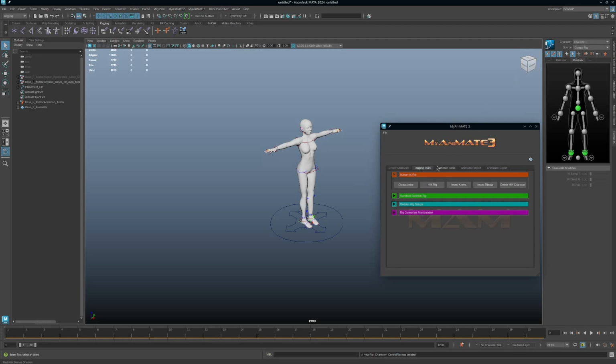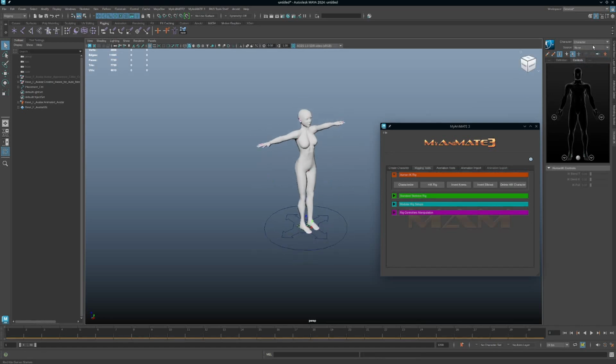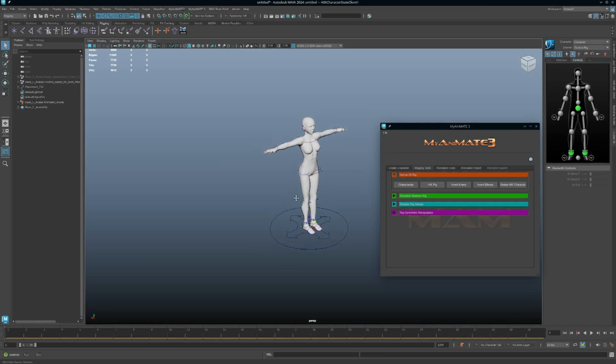All right. So human IK rig also gives you the opportunity to go back to none, and that will just disappear. Control rig, and it will reuse the control rig. Okay, so now that we have the rig right here,